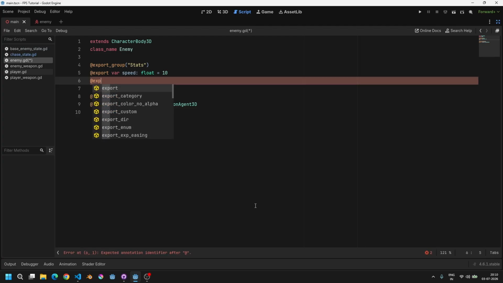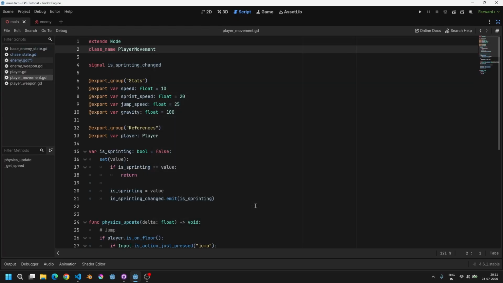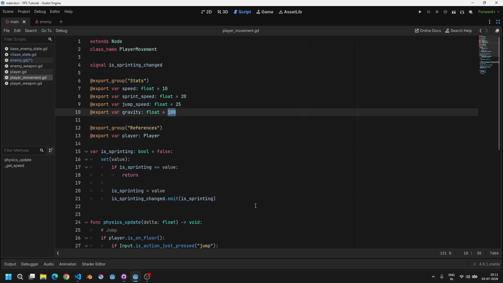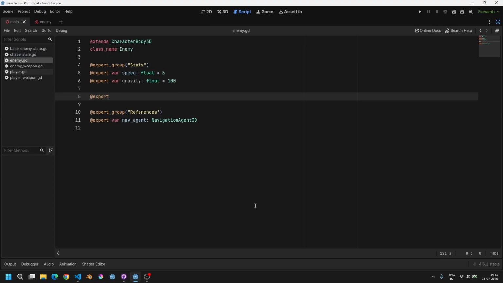Okay, so I will also have gravity similar to player, and let me just see what the gravity's value was. It was 100 and the speed was actually 10. So let's have a speed for enemy that is lower than this, and I realized that maybe it's a good idea to just use the gravity defined in project settings, I guess. But anyways, let's have the enemy's speed be 5, and also I will have another group,